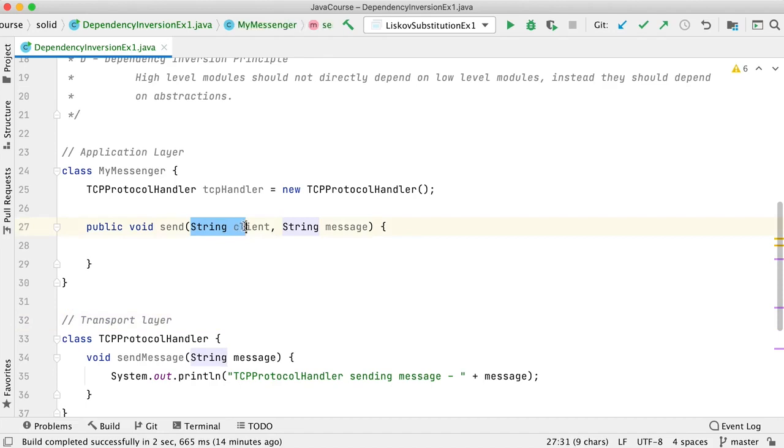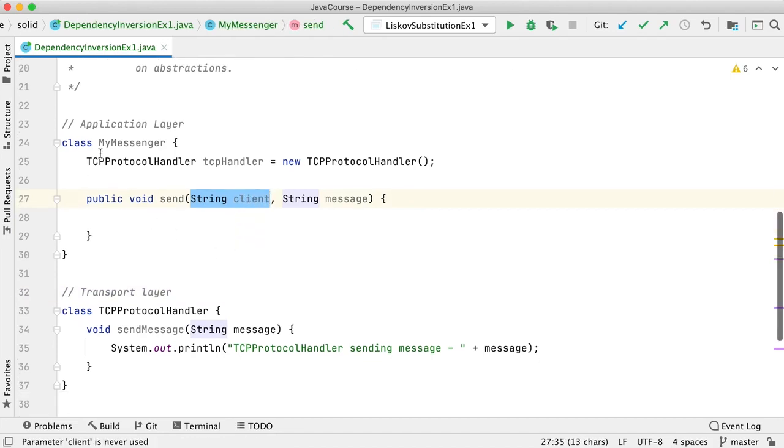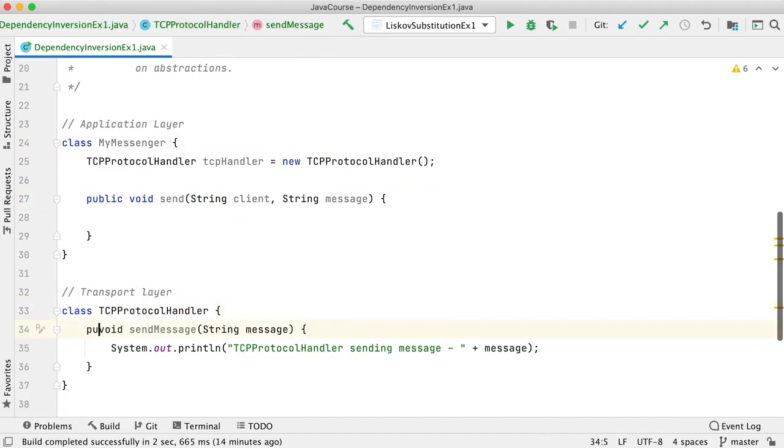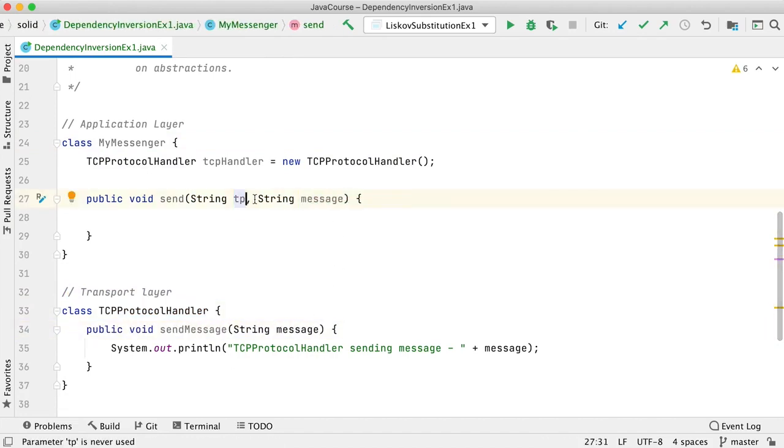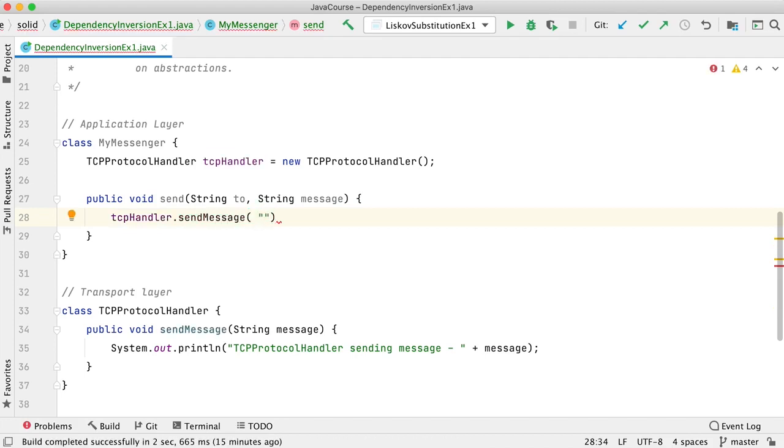I'm not using the client information and other stuff, I'm just giving you a simple example. So this is going to send to a destination and a message. So I will make use of TCP handler to send a message for so and so guy.